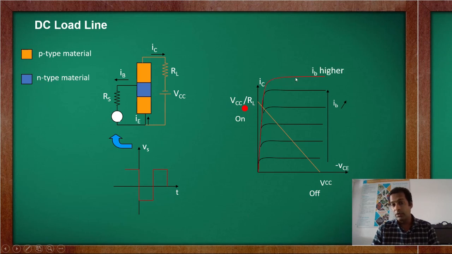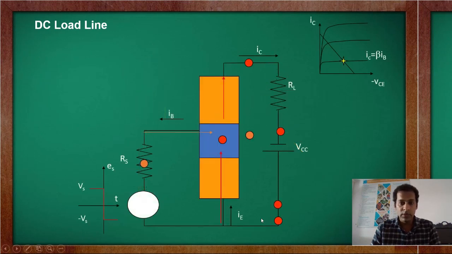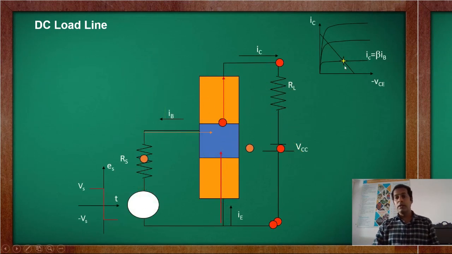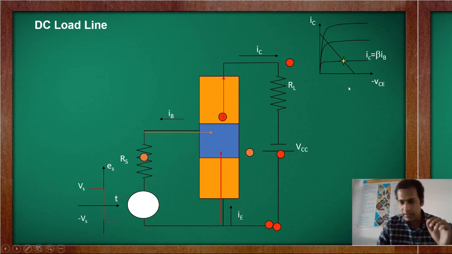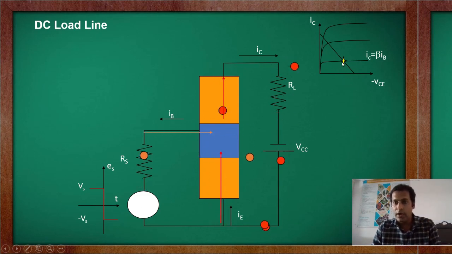Above the higher values of IB, it will not work. There will be a particular limit for this. Now when we have the load line, we have to decide this Q point. So the Q point we may keep here. If there are 3 graphs, we can keep it here or here or here. So the first one we will consider here. So in this region, IC is equal to beta IB, right?